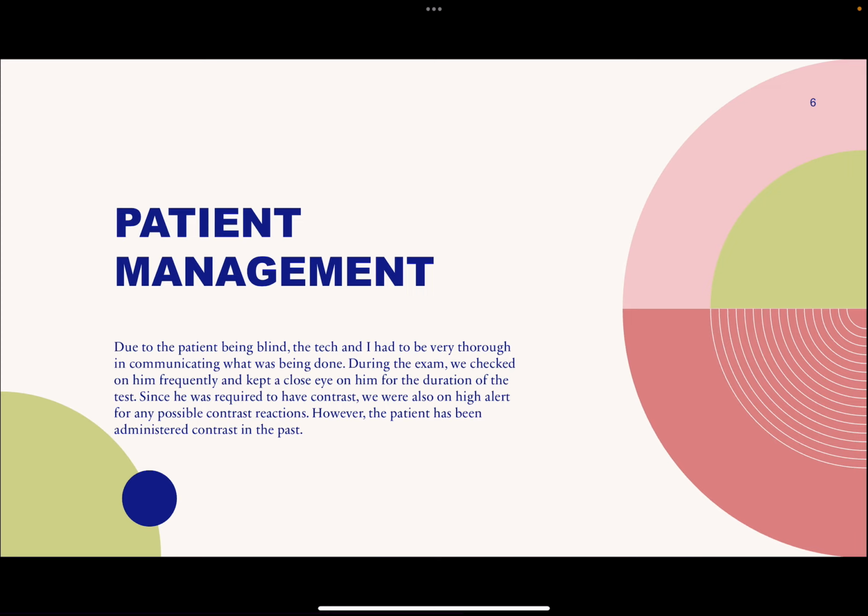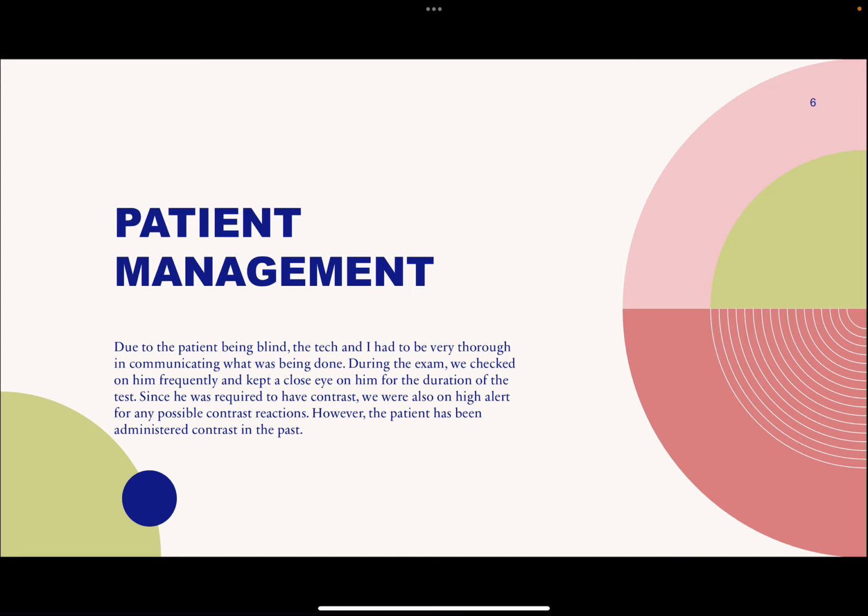So due to the patient being blind, the tech and I had to be very intentional and clear with our instructions, because when you're dealing with a patient who cannot see, it's very important to communicate clearly so they don't end up hurt, so they understand what's going on. Luckily, the patient was very, very sweet. He had a very joyous attitude, and due to him having a history of medical issues, being in and out of the hospital with cancer and chemotherapy, he kind of knew what to expect. So I would say it was easier to talk to him